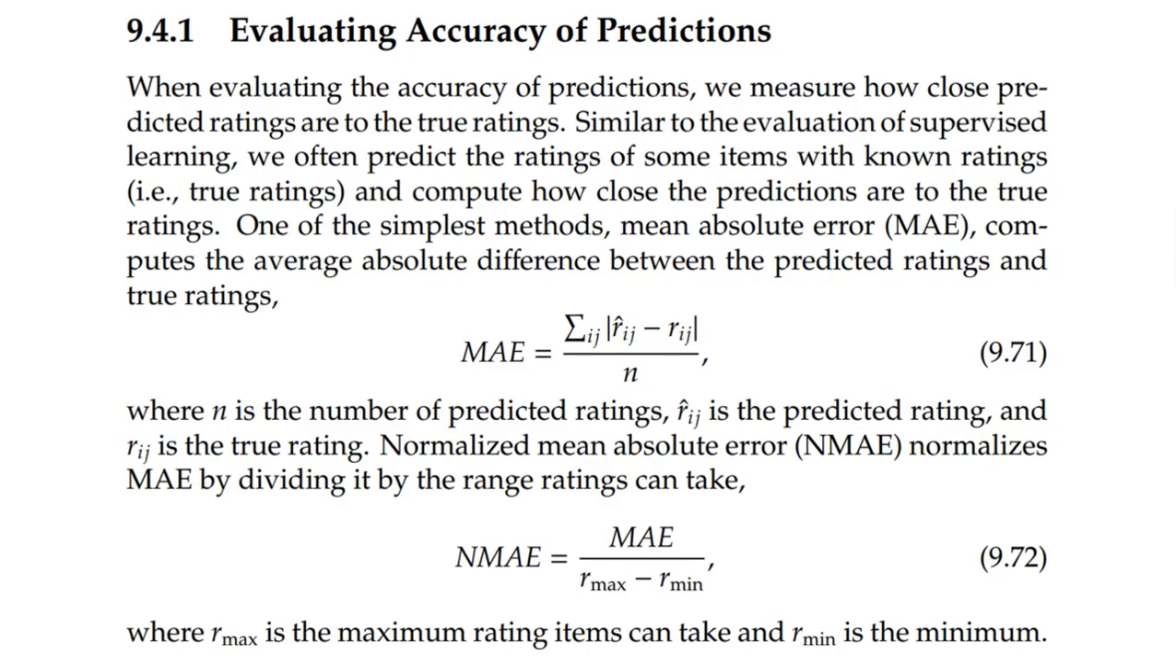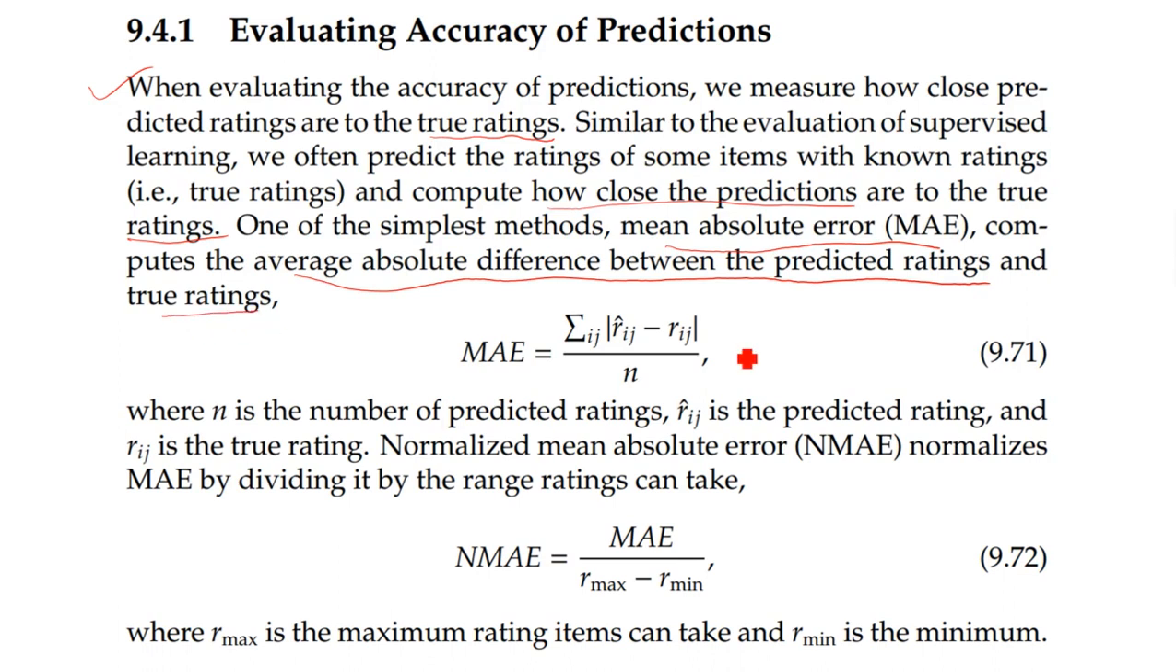So, evaluation of accuracy of prediction. When evaluating the accuracy of prediction, we measure how close prediction ratings are to the true rating. Similar to the evaluation of supervised learning, we often predict the rating of some items with known rating and compute how close the predictions are to the true rating. One of the simplest methods, the mean absolute error, computes the average absolute difference between the prediction ratings